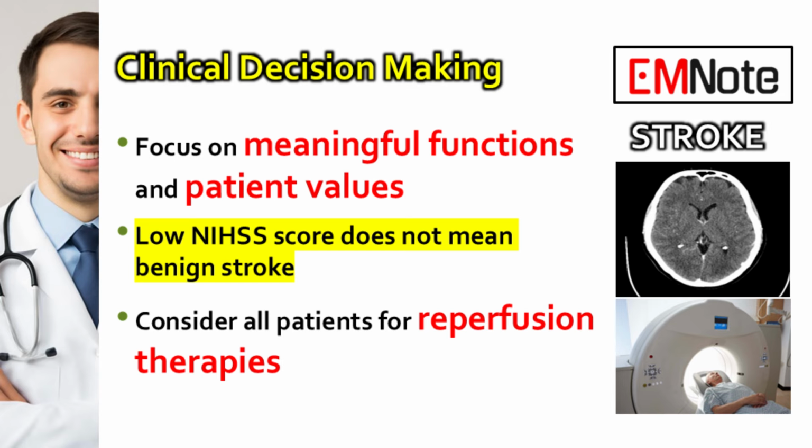Additionally, healthcare providers should not assume that a low NIHSS score, such as less than 5, indicates a benign stroke. Many patients with low scores may still experience disabling outcomes and should be considered for time-sensitive reperfusion therapies. Finally, aligning treatment planning early with the patient's baseline function and goals can prevent unnecessary or inappropriate interventions. This approach not only enhances clinical outcomes, but also respects the values and preferences of patients, leading to better overall